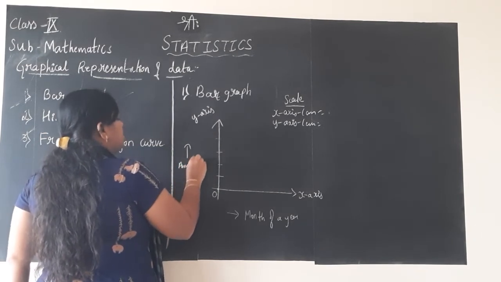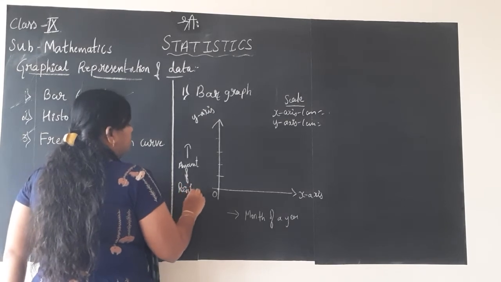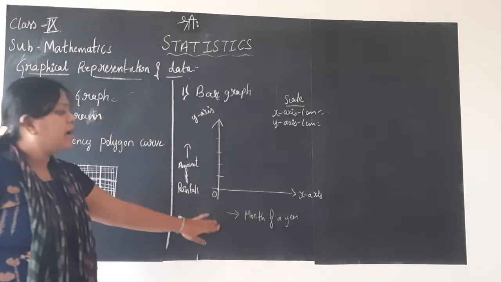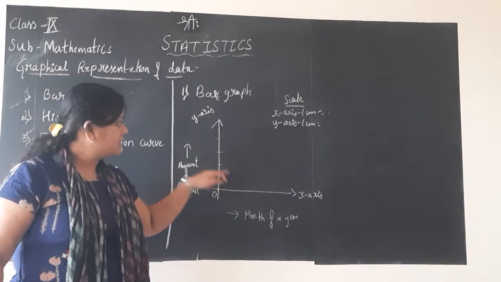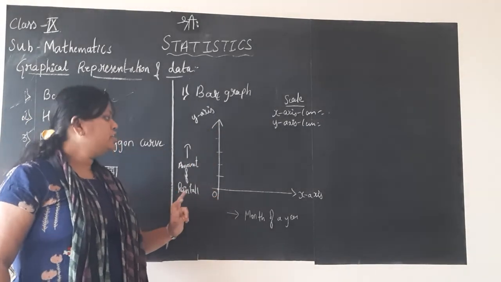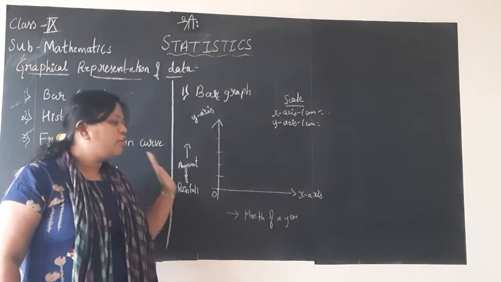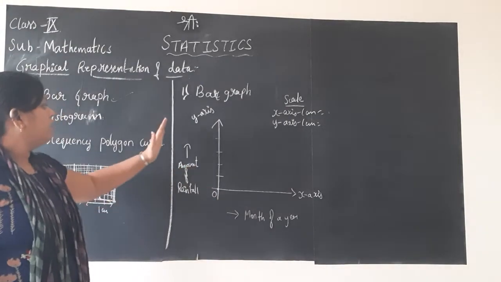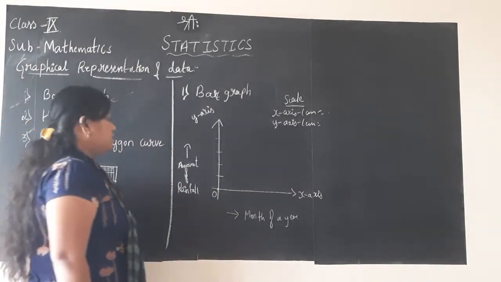So, like this you will write the data about what you are plotting on x and y-axis. First draw the x-axis and y-axis, mark the origin, write the scale and keep it ready. Next children, according to the given question, you will write what is on the x-axis and what is on the y-axis you are representing.